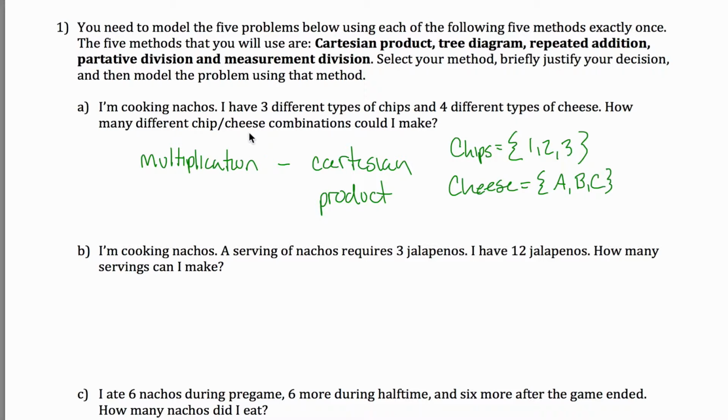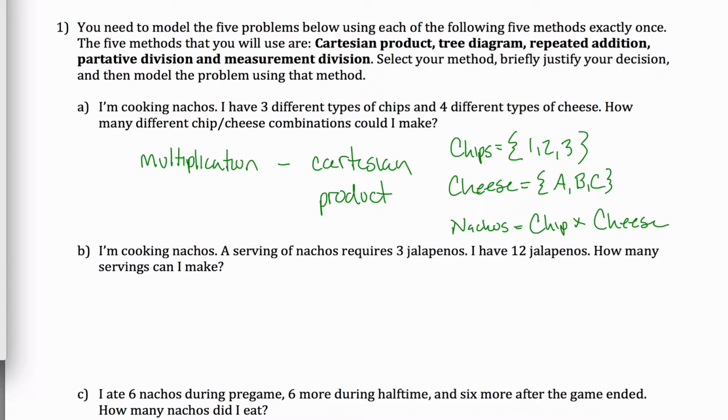And the point is, you're going to try to make a combination. To make nachos, you need a chip and a cheese. So you can think about your nachos as equaling the set created from finding the Cartesian product of chips and cheese, something like that. And you're like, yeah, well, you said that I could use Cartesian product or the tree diagram. Why'd you choose that? Well, if you jump down to